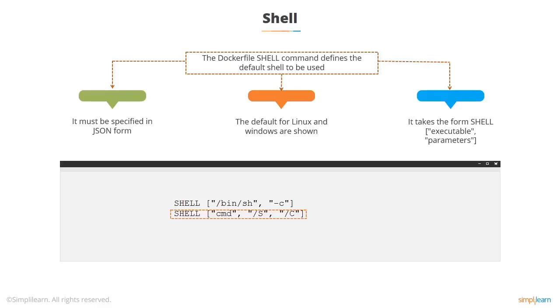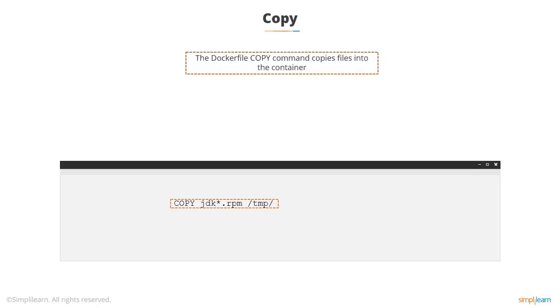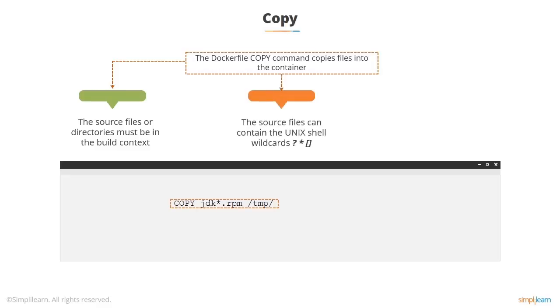So then you can use the COPY command, and this is inside the Dockerfile. What it does is it copies files from the local directory, which is the build context, and stores them somewhere in the container. So in this case, in the build context, I've got a version of the Java RPM. I copy it to the temp directory inside the container. So remember, the source of a COPY command, the left-hand side, is always a directory in the build context. You can use wildcards as they've done there, so anything that matches. Destination directories end in a / and they can create the directory if it doesn't already exist.